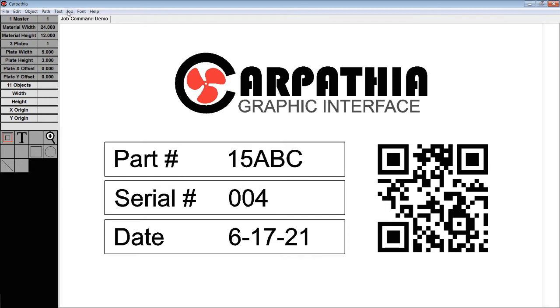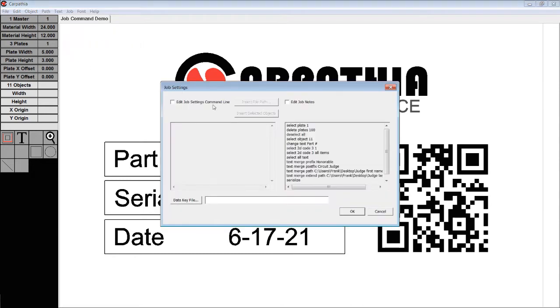For the job command functions, we go up here to Job Settings. We select Edit Job Settings command line. We have different job commands that are over here on the right hand side that you can copy paste in as you need them. So the very first thing that we're going to do is grab the first couple here, copy those,